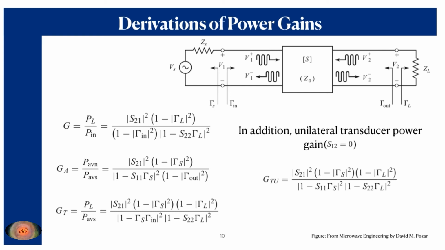That condition is defined as S12 equals 0, and you know S12 signifies the S parameter when the excitation is available at port 2 and you are observing the voltage at port 1. That element of the S matrix is 0, which signifies the unilateral device. So for the unilateral device, the unilateral transducer power gain can be obtained as shown over here. By considering this condition, if you derive the transducer gain, then this expression will appear.